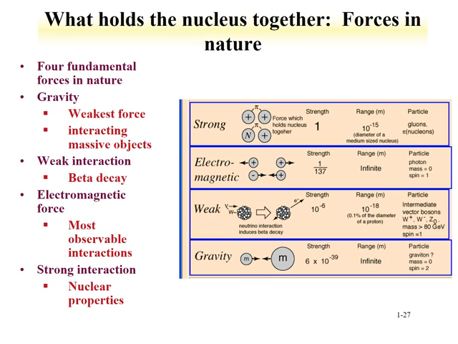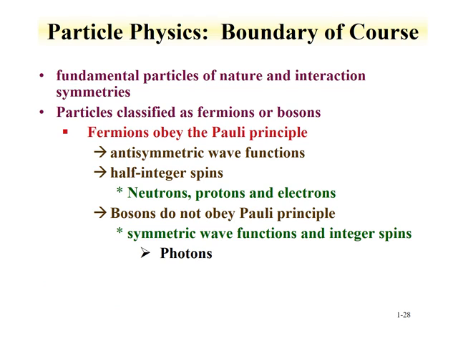And here's a table that kind of gives you an idea of the forces, their relative strengths, and their ranges. As we see, the strong force is basically on the size of the nucleus. The weak interaction is even smaller than that, while gravity and electromagnetic are a little bit further ranged. The boundary of the course that we're going to discuss is really particle physics. We won't go much into particle physics. However, the tools and concepts such as accelerators, which are used for exploring radiochemistry at higher energies, you start understanding